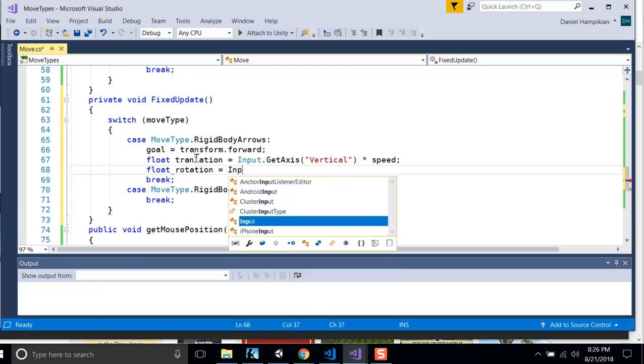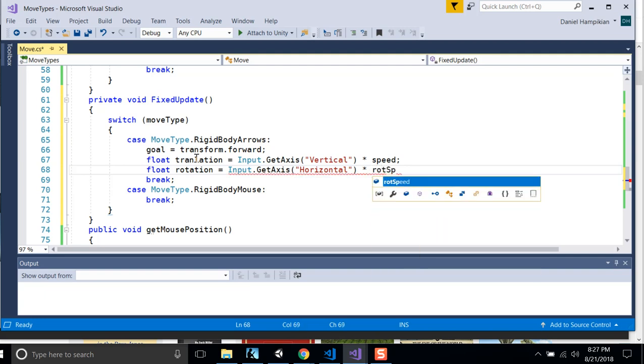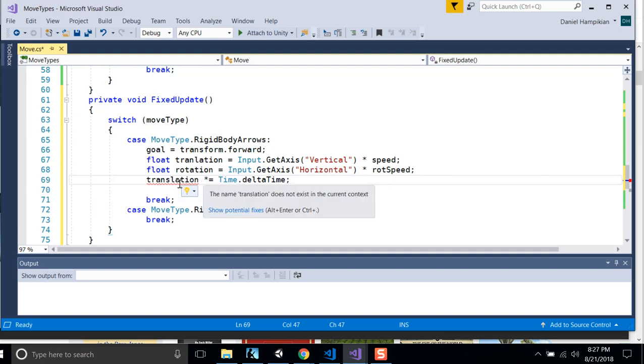We'll make that equal to Input.GetAxis horizontal, and we'll multiply that times our rotation speed. Now, for our translation, let's multiply that right here times Time.deltaTime and itself. Translation times equals, what's wrong here? Oh,